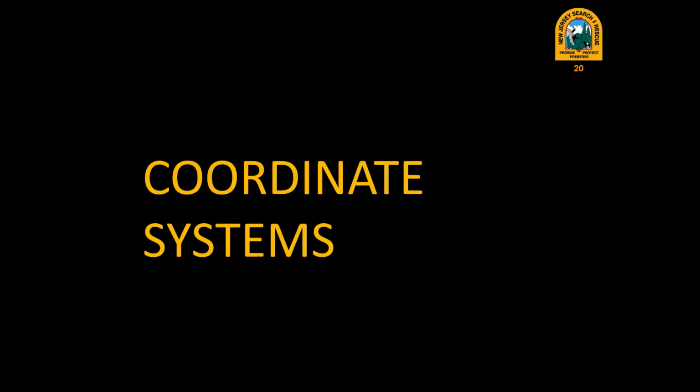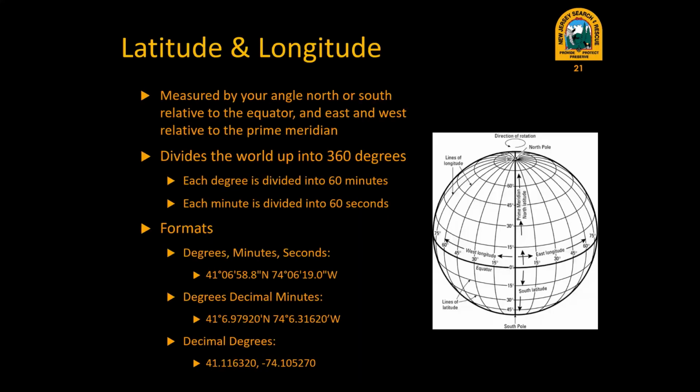Now that we've talked about how to use a map and compass, let's talk a little bit about how you either indicate where you are or understand positions on a map, which is to say, let's talk about coordinate systems. Probably the coordinate system that you're most familiar with is latitude and longitude. We don't use it so much for New Jersey search and rescue for reasons that we'll explain in a second,